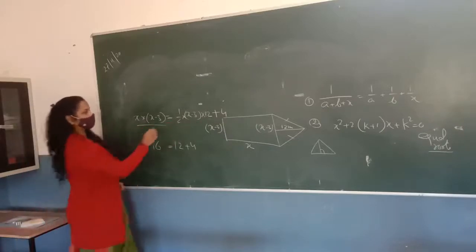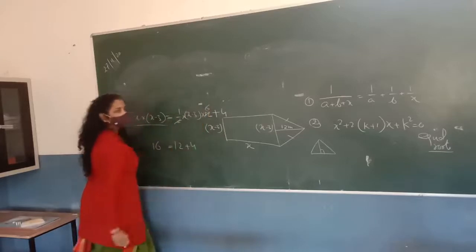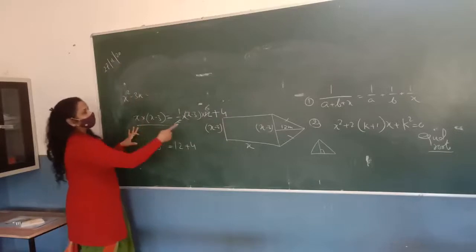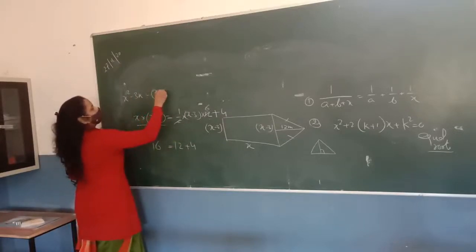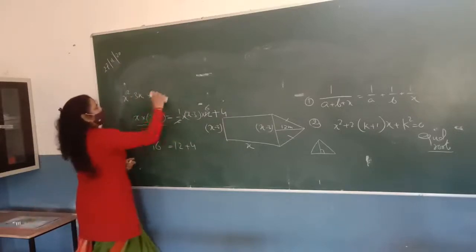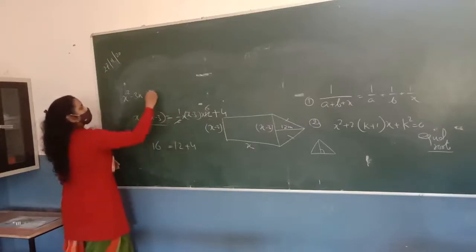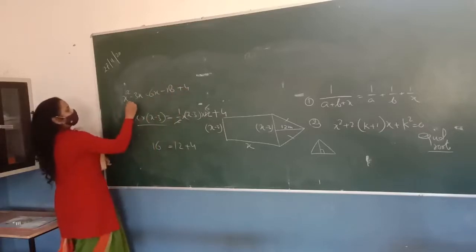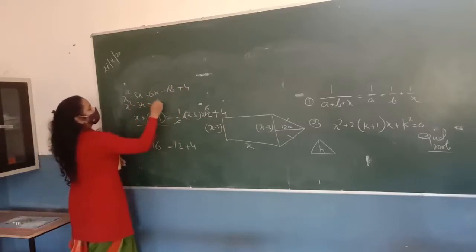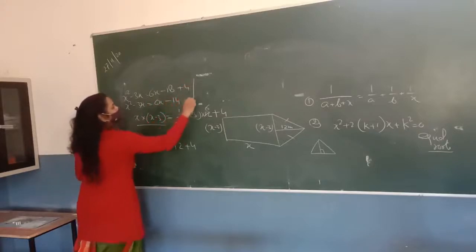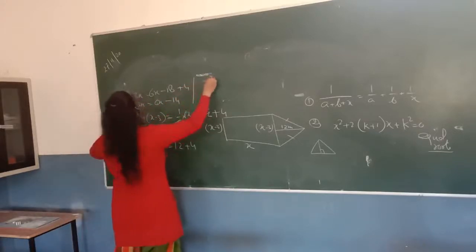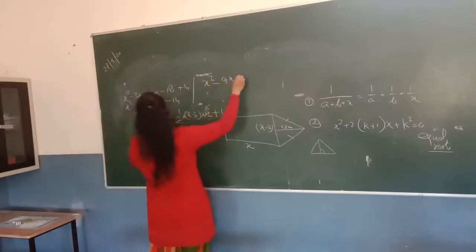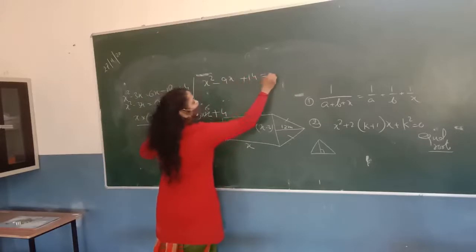Can we solve this one or not? We can solve it like x square minus 3x. You closed the bracket. Is equal to, yes, multiply. How much will it come? 6x minus 18 plus 4, and it will be x square minus 3x equal to 6x minus 14. The quadratic equation will be x square. Bring this over here, it will become minus, right? So how much will it come? Minus 9x plus 14.